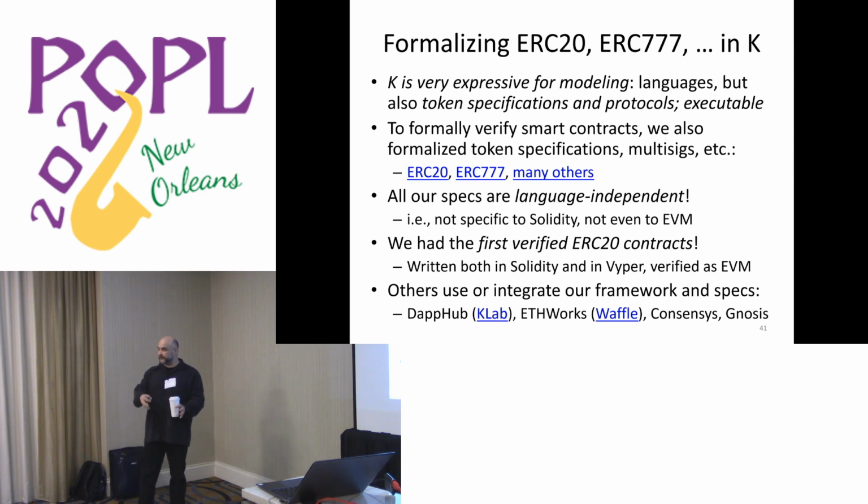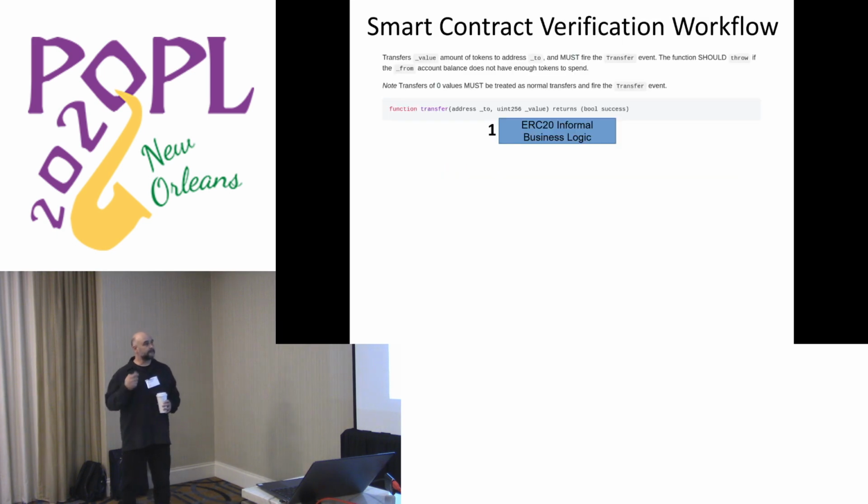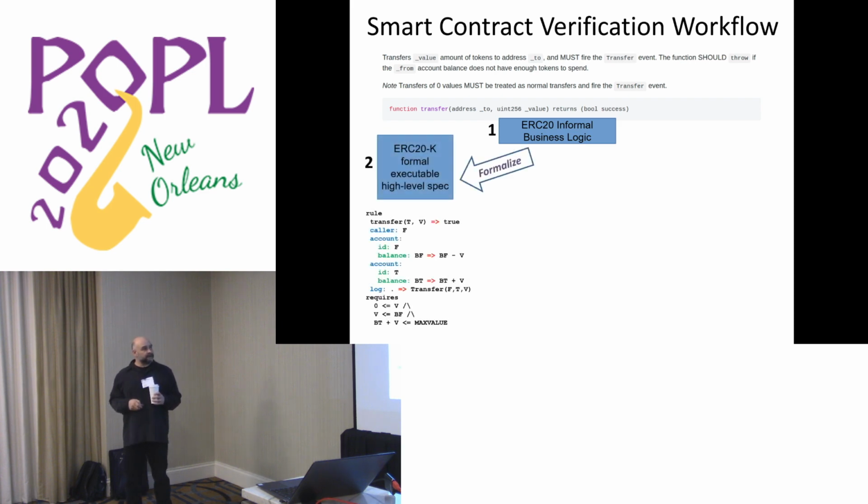So smart contracts written in this binary format. You take the semantics and verify that they satisfy these specifications. And the process is pretty tedious, but we expect it. You take English like this, the so-called business logic of the standard token. Then you formalize it, and it looks like this, for example, it's a transfer function. Transfer succeeds from the current account, which is the caller, F, from. You match your balance, rewrite it to balance minus V, you transfer V. Right? You go to the 2 and increment the balance there. You also log the event, and there are some side conditions that you need to satisfy.